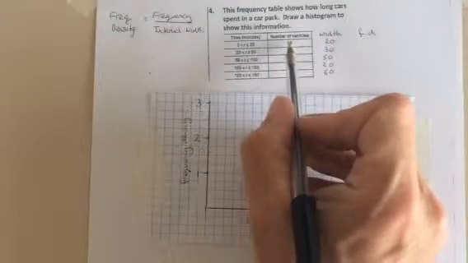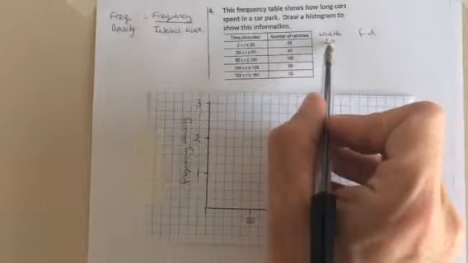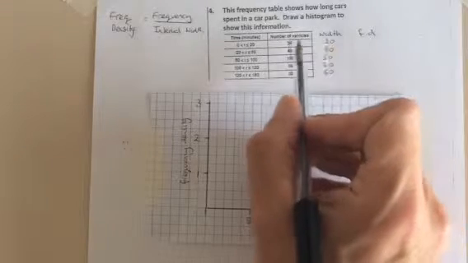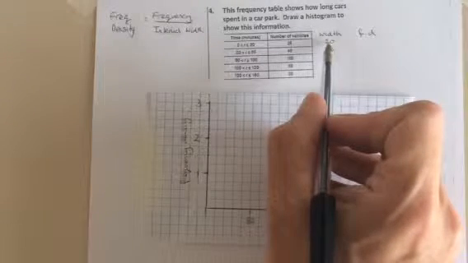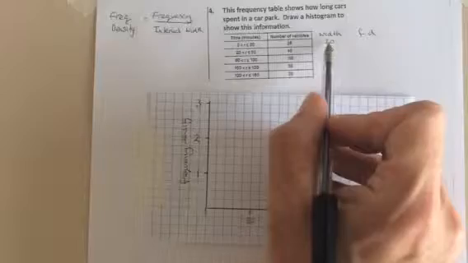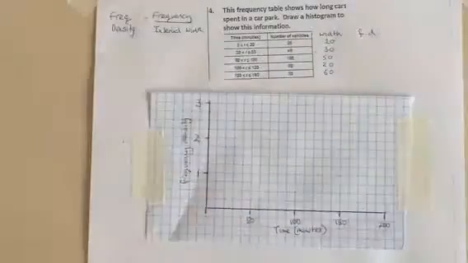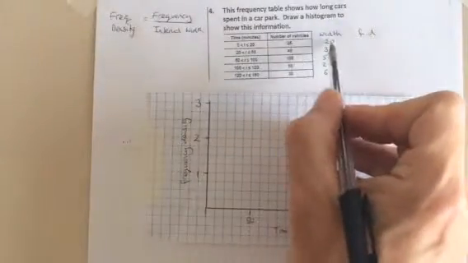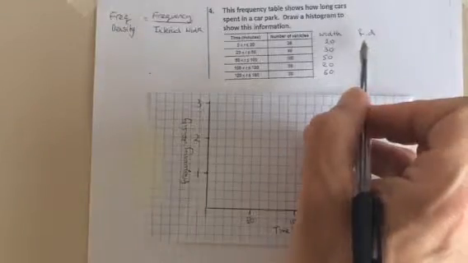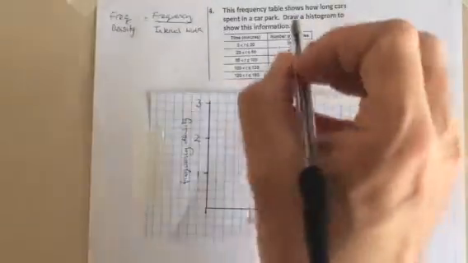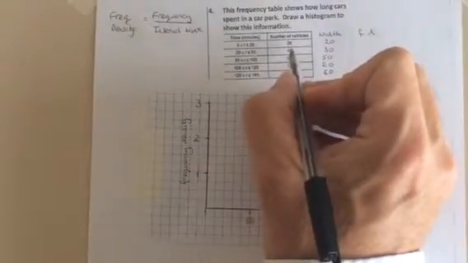So if this is big and this is small, I get really thick jam. If you've got a lot of jam on a small bit of toast, it's very thick. Okay, but if you've got not much jam over a big bit of toast, then the jam is very thin. So we've got here